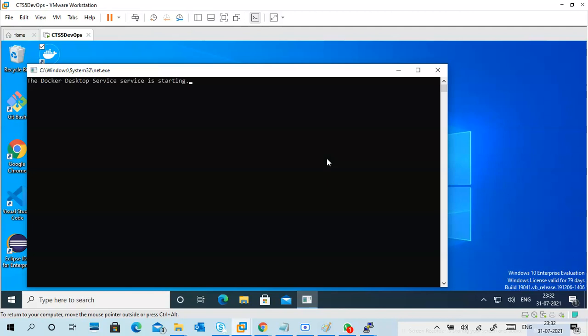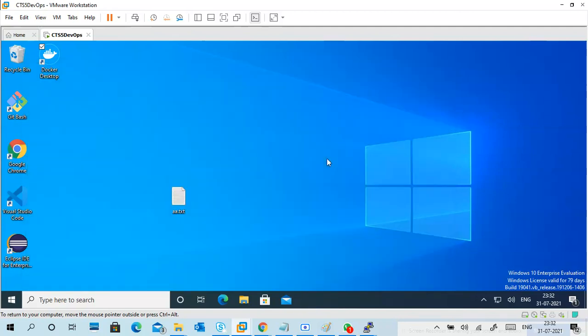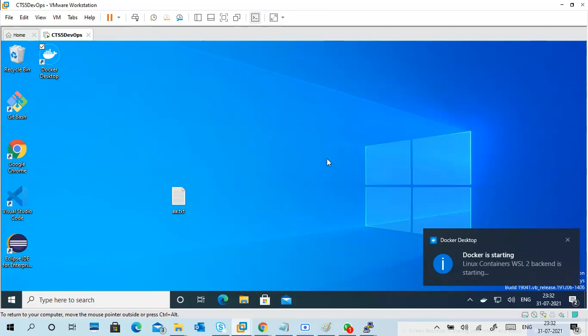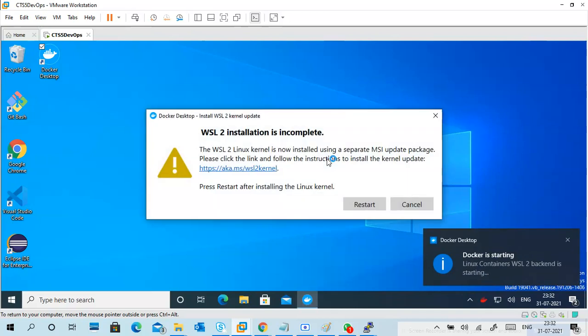Something is running. The service is starting. So it is showing like Docker is starting.